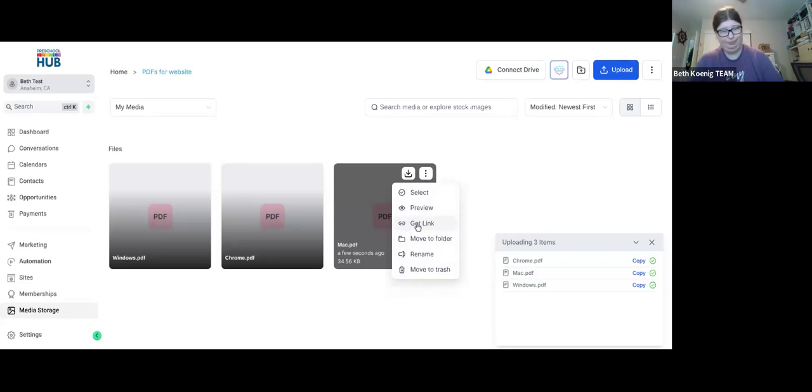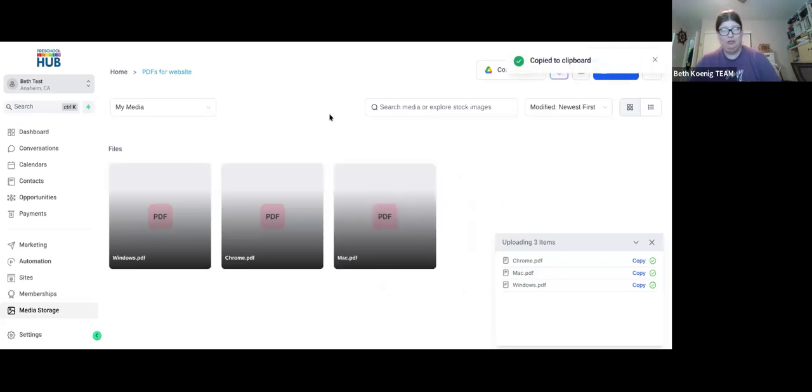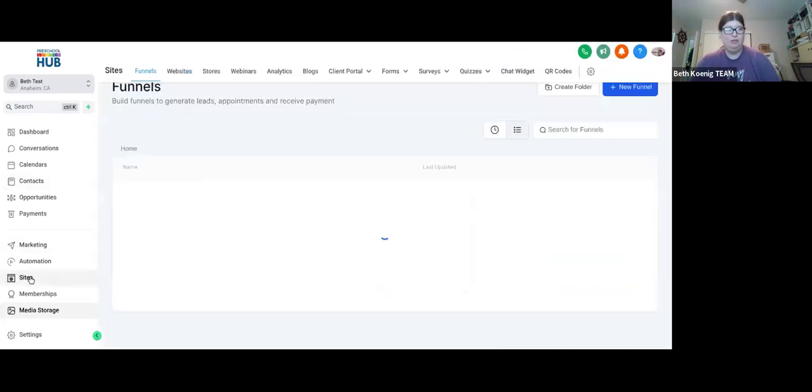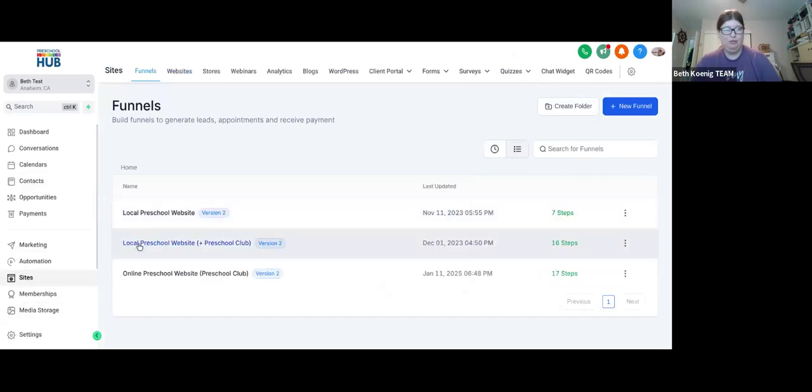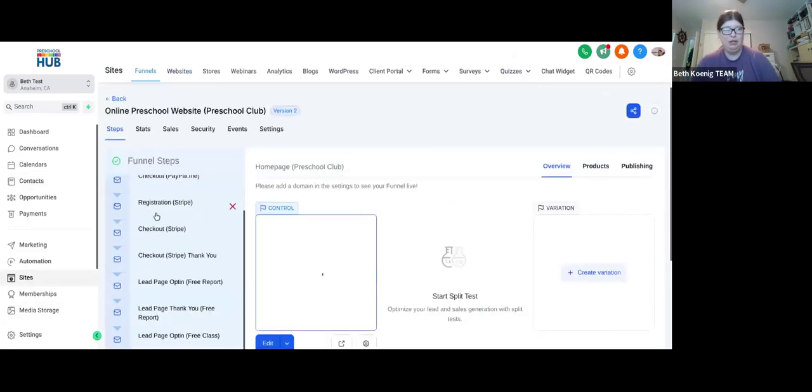because when we get the link to this, that means that we can put it in a button, we can send it in an email, we can do pretty much anything with it, and it's automatically going to be available to whoever has that link. So when we click the Get Link button, it copies it to our clipboard, and then we can just go basically anywhere else. So for instance, if I wanted to go back to my online preschool site here, and I